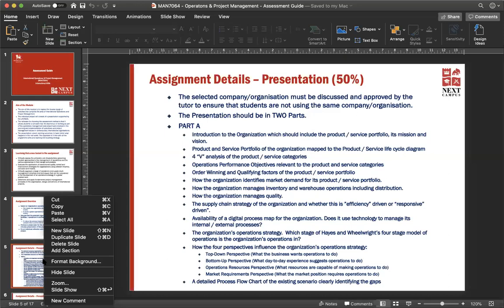Next one is how the organization identifies market demand. So how does the organization identify or predict demand? How does the organization know how much to sell next month? How does the organization probably create demand? Using advertising, using so many things like that. How does it manage demand? Because organizations should be living in the future. They cannot be living in the past. So they have to know